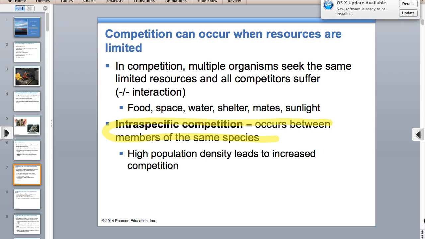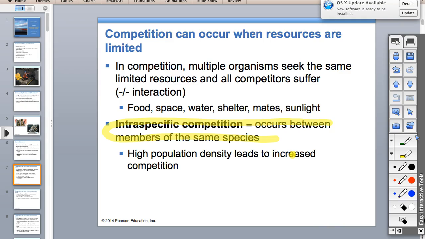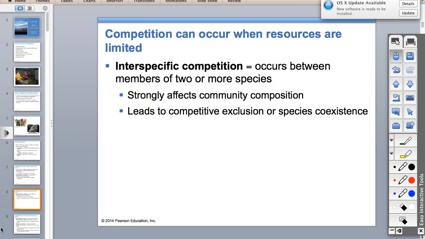Anyway, interspecific competition, that could be food, space, water, all these things. Also, organisms of the same species are going to be competing for water. They're going to be competing for habitat because they have the same niche, right? If you're in the same species, you have the same niche. So you're going to have not just mates, but that's a really common example.